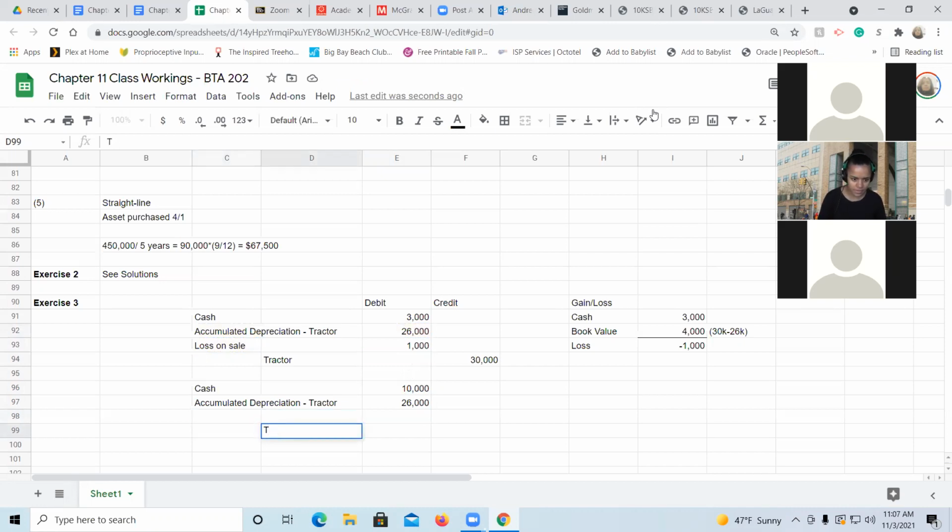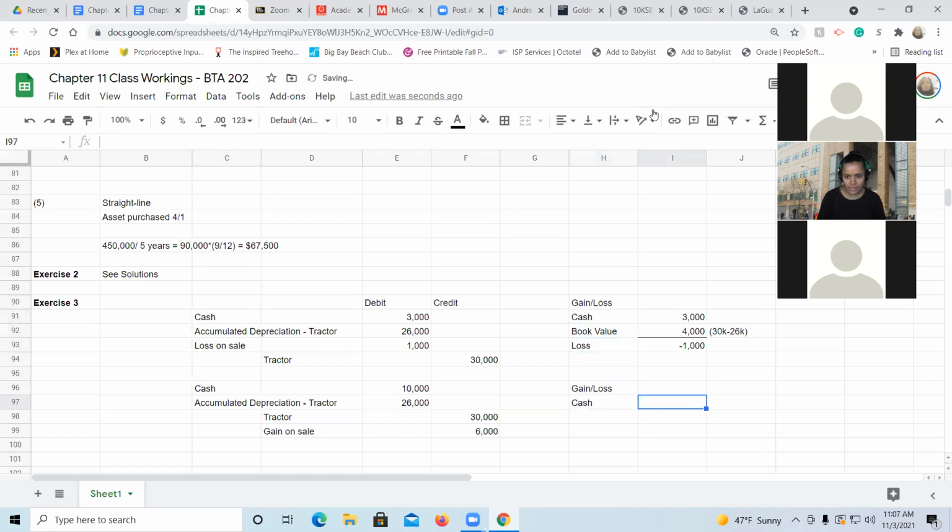Okay, I know this is going to be a gain, so I just check. And trading check the 30,000, yes. Gain on sale of tractor, 6,000. All right. And if we again want to see the gain or the loss situation, we will say how